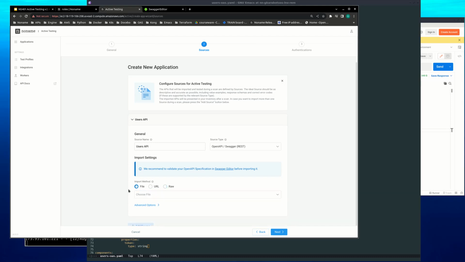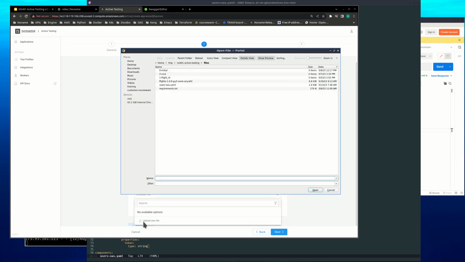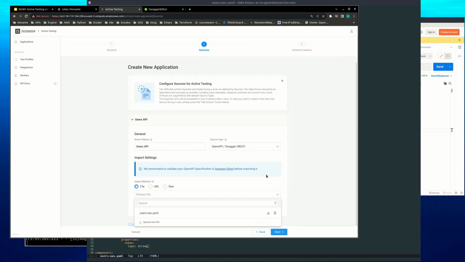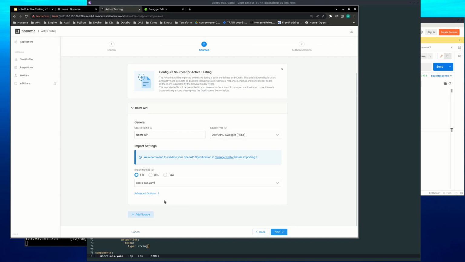I prefer the files. So I'm going to select file, upload a new file, back to the Explorer. In my case, it's already in the right location. Again, you need to navigate under your student files, select users open API specification.yaml, and click open. And now you need to select, don't forget, you must select like this, the advanced options,